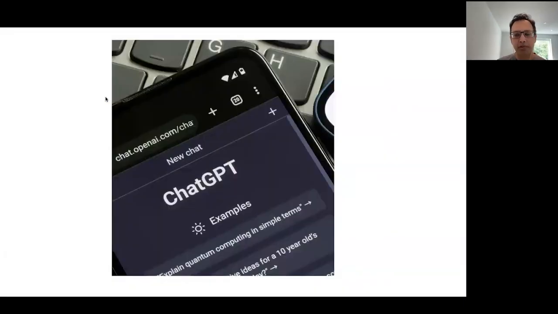Now, what most people are familiar with is something called ChatGPT. This is a type of large language model. ChatGPT is just one of the companies, but there are other companies. I think ChatGPT is probably the most famous example of a large language model. And I suspect, and I'll probably ask you guys later, how many people have used a large language model such as ChatGPT. And there are a few things that make this technology, I think, special or worth thinking about.